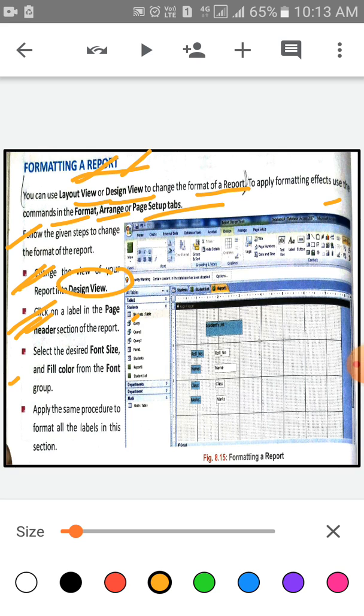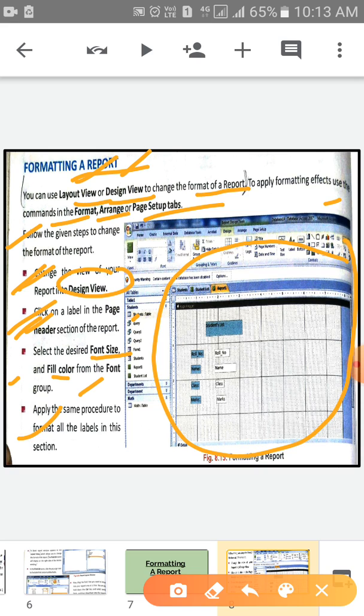After that, select the desired font size or fill color from the font group. Lastly, apply the same procedure to format all the labels in this section. This is the formatting a report screen. You can see here.